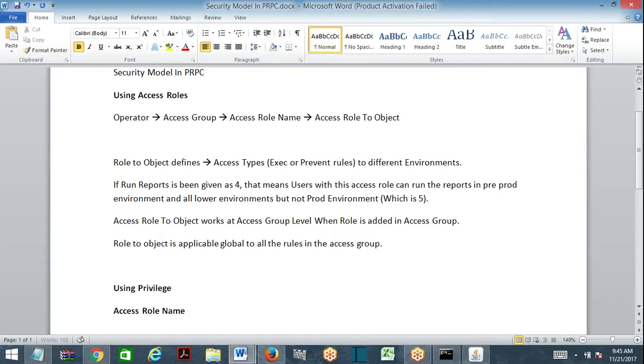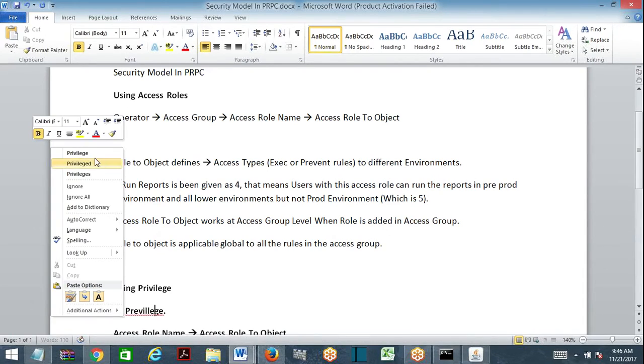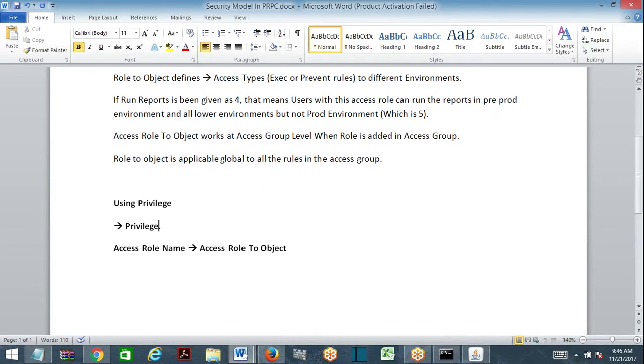Access role name, access role to object, privilege. So you can create the privilege also initially. First create the privilege, leave it, and then create access role name and access role to object.